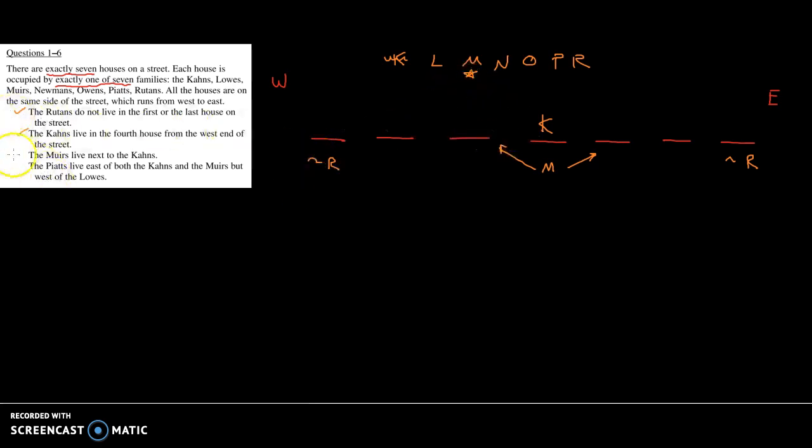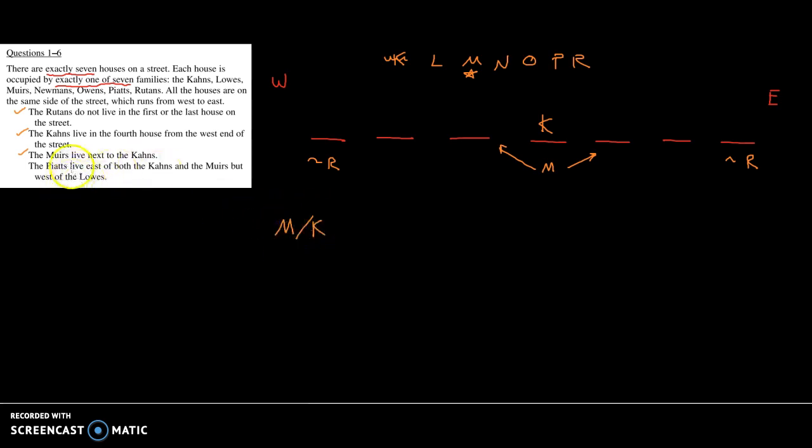All right, so M is taken care of, and then the last rule is a little bit weird. It says P lives east, so like further to the right, of both K and M, but west, further to the left, of L. Well, if I translate that, that would look something like this. We don't know exactly, in our scenario, whether M or K comes first, right? Because I could have KM, or I could have MK, so I abbreviate that like that. But we do know they have to be right next to each other, so I write that as